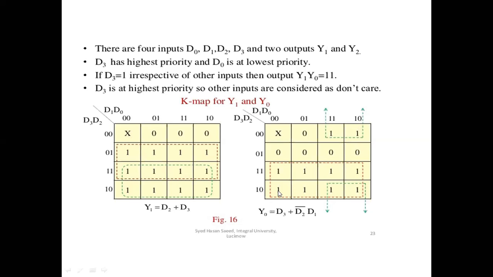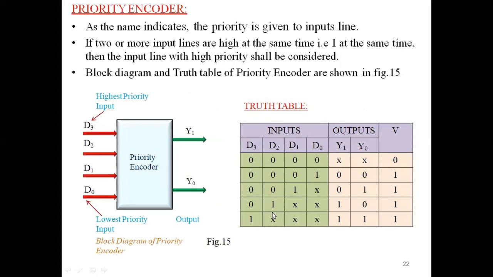So after all possibilities, what value do you get? D3. Solve the value here. And here a quad possibility, and here also a quad possibility. So there is D2 D2 complement and D1, that is the y0 solution. And for y1, you apply it yourself. What is y1? Draw the K map for y1.